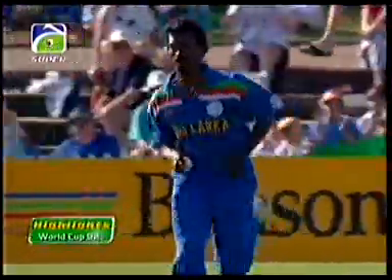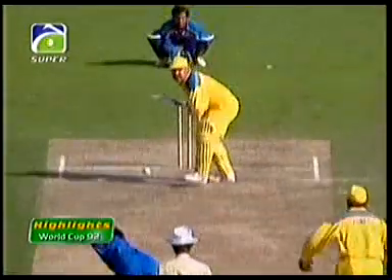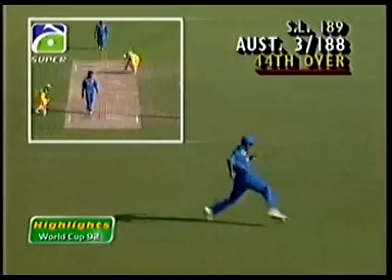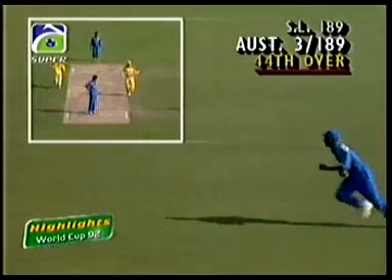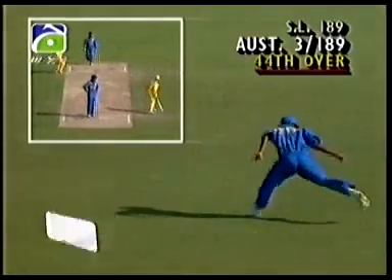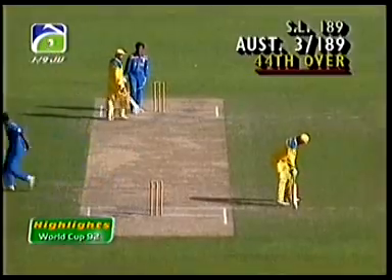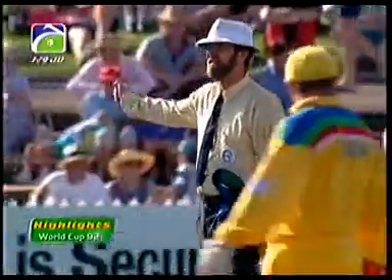A little bit over-pitched here from Gurusinghe. He's picked the gap beautifully. They could be the winning runs. No, I'd say it'll only be 2. Bernie wants to come back for 3. Bit of the fumbles.